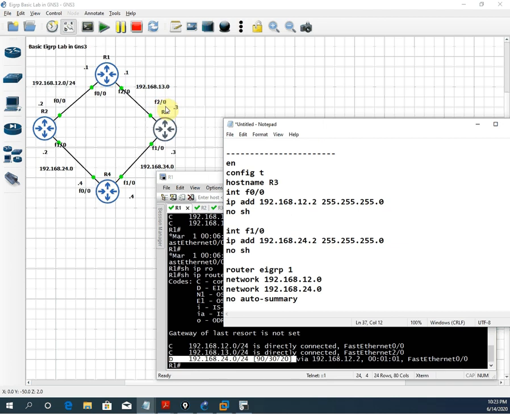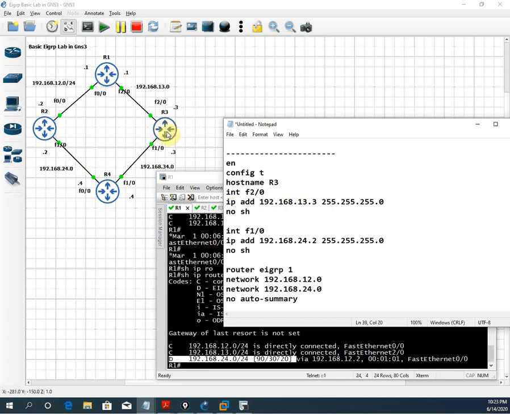F2/0. For 192.168.13.0, this should be 13.3. This is router 3, right? So this should be 3. Check this one, I am writing the correct IP.